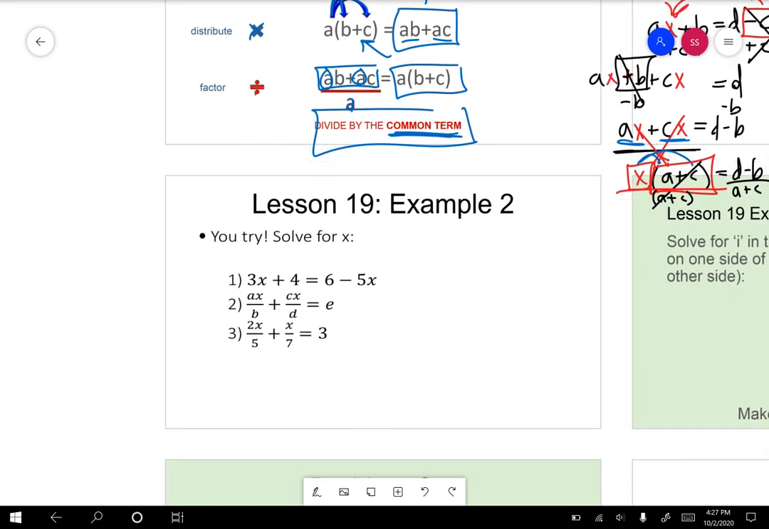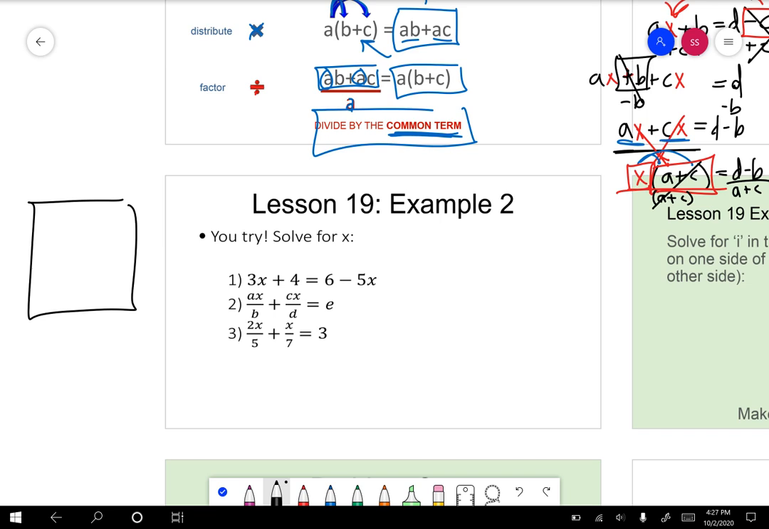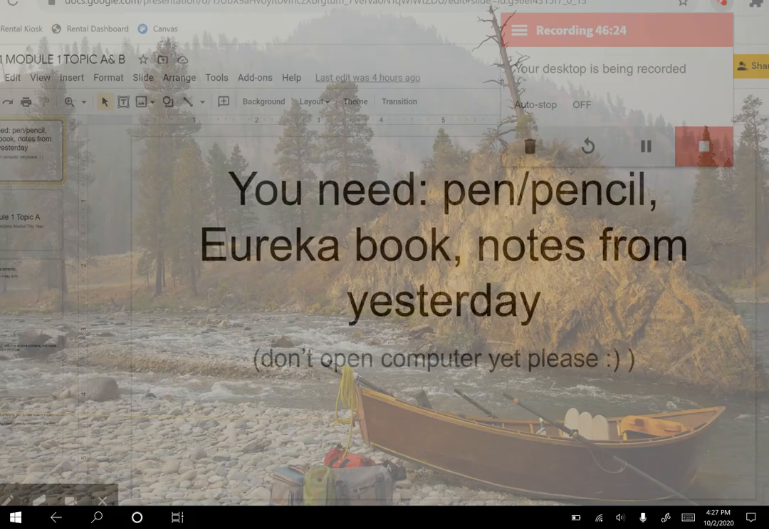The rest of example 2, I want you to try. So example 2 in your Eureka book is kind of split up in a box, right? We just did the top left one. So I want you guys to do this one and this one and this one, okay? So you're solving 3x plus 4 equals 5 minus 5x, solving that for x. Then you're solving this one for x. And,